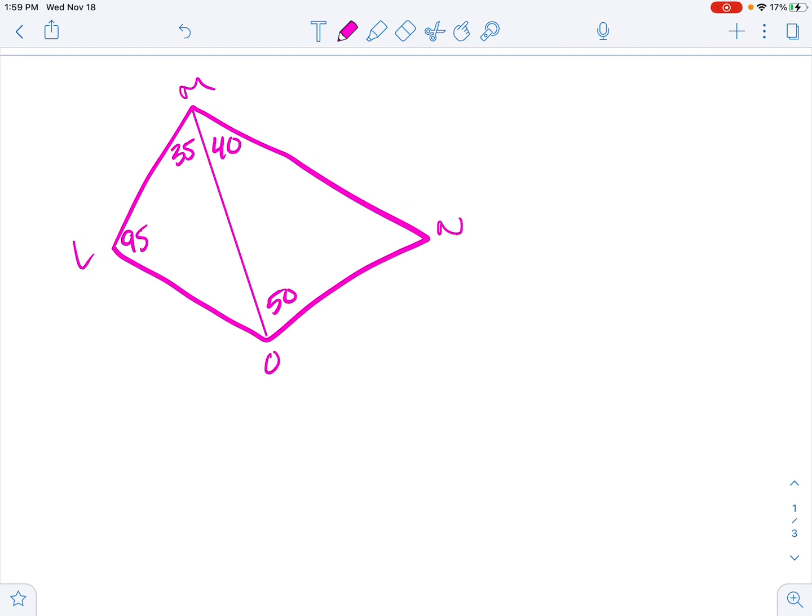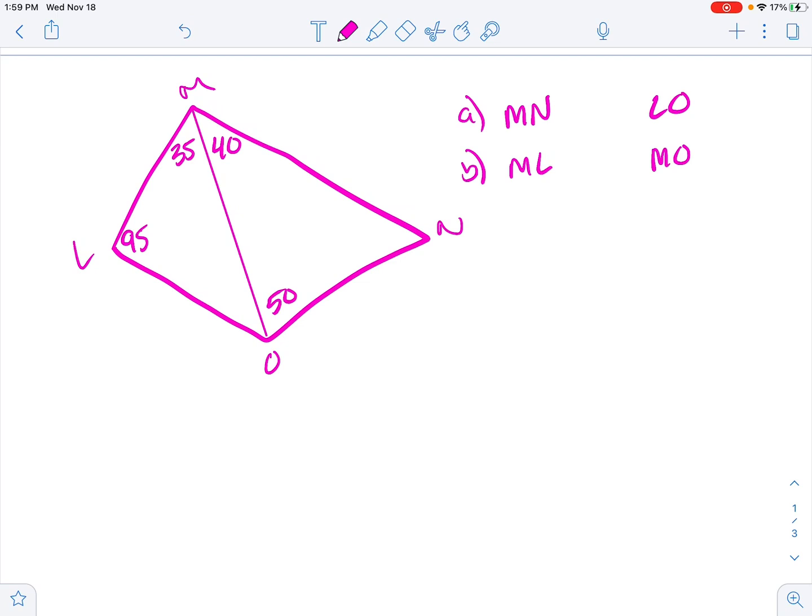LMNO. So we're going to compare some sides on this one. Now I want to know MN to LO. Then I want to know ML to MO. Okay, so when we have a triangle